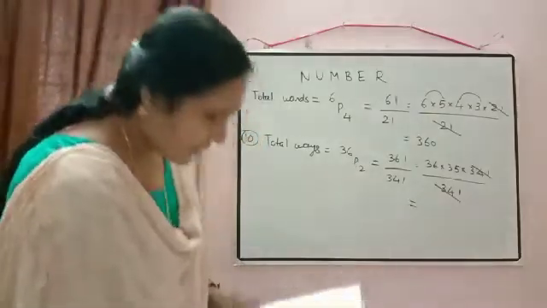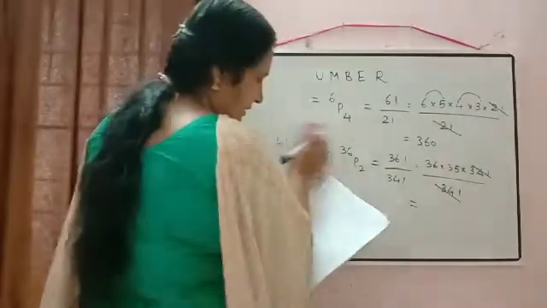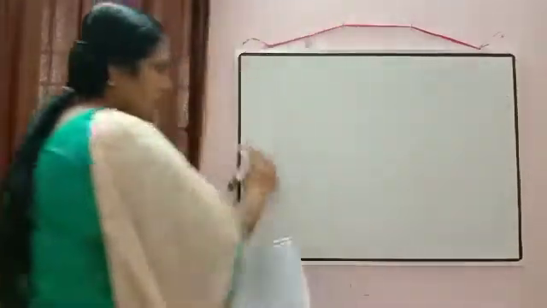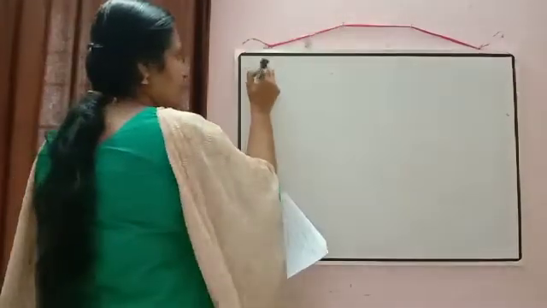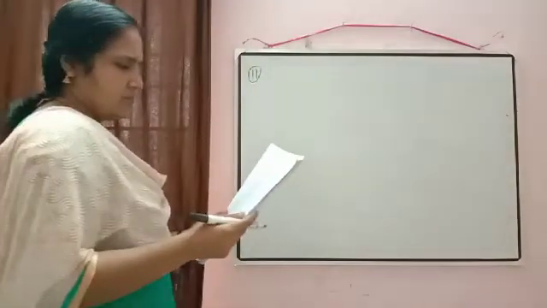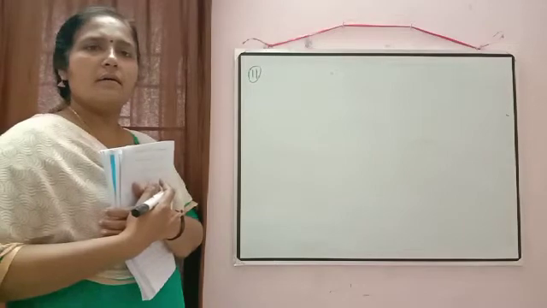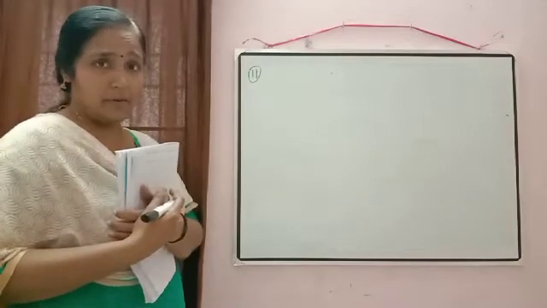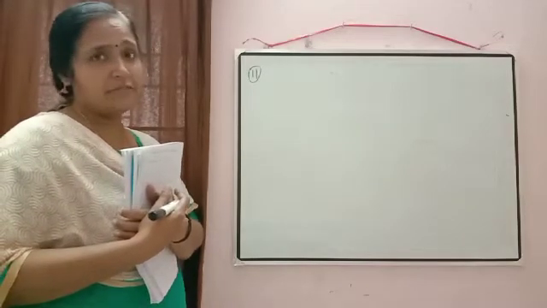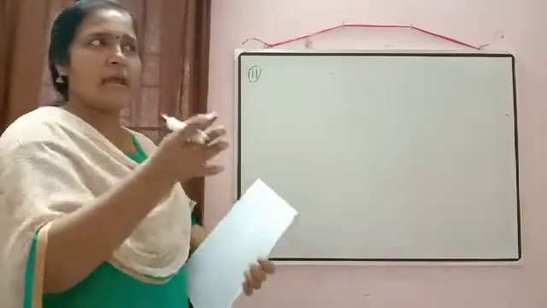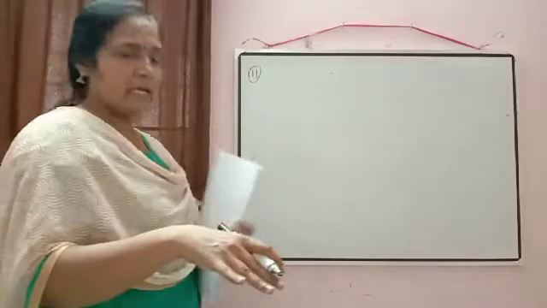Okay. Now next question is, in how many ways can 5 children stand in a queue? In how many ways can 5 children stand in a queue? 5 children are there, and how will they stand? If only 1 child stands, then a queue will not be there, no? All 5 children we need there. So 5 children are there, and to stand in a queue we need all the 5 children also.